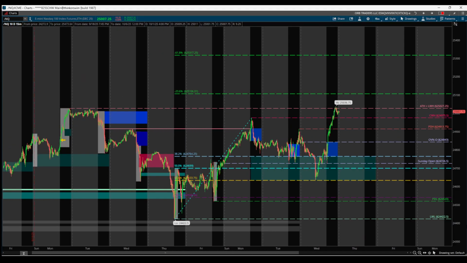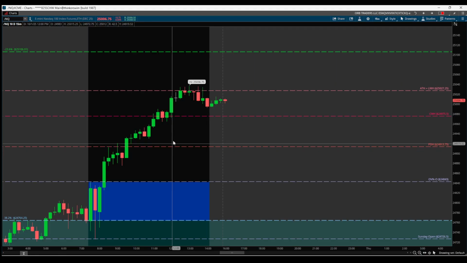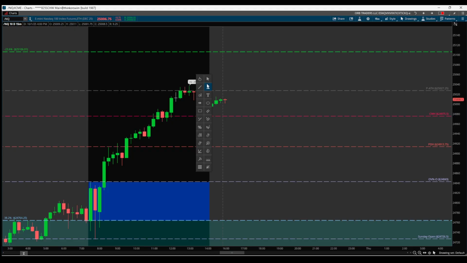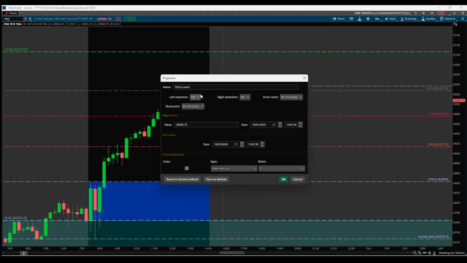And we did set a new all-time high, barely. Previously it was at 27s. Now we're up at 36s. So I'm going to adjust this. We're going to go gray. Call this a prior all-time high. And then we'll also put out a new all-time high.